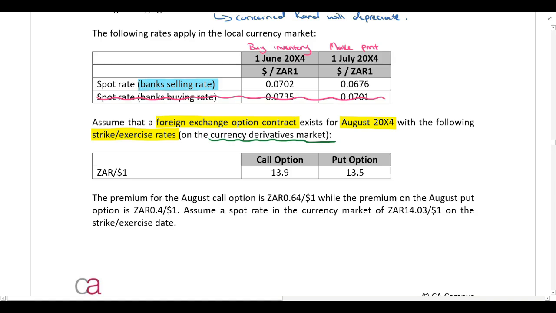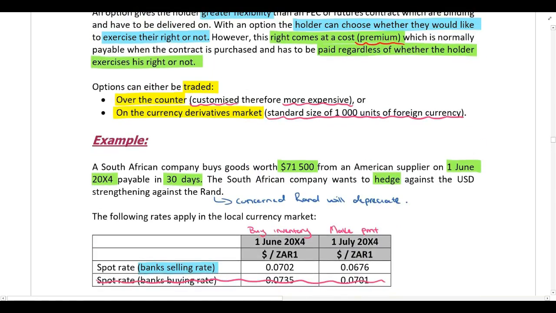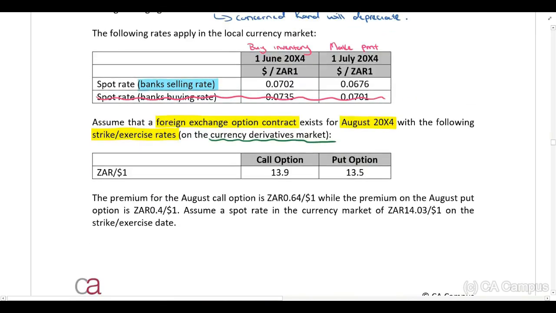So please note above, I said to you that options can either be traded over the counter or on the derivatives market. And if it's on the derivatives market, we have a standard contract size of 1,000 units. So please note, we are not looking at an option that is traded over the counter. In this example, we are looking at an option that is traded on the currency derivatives market, meaning that we have a standard contract size